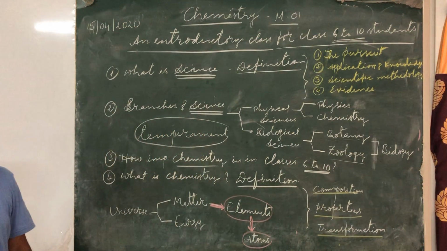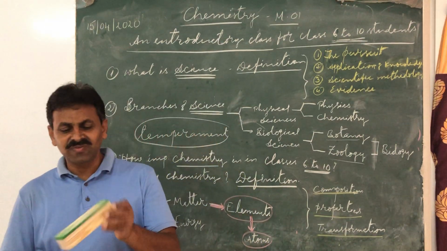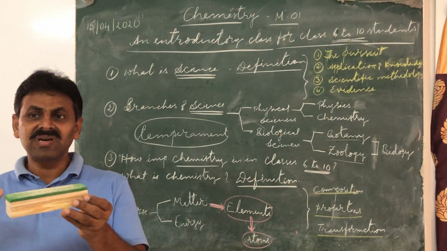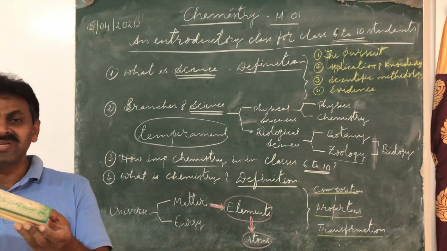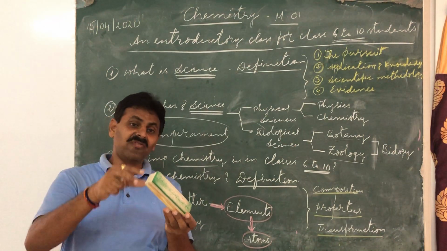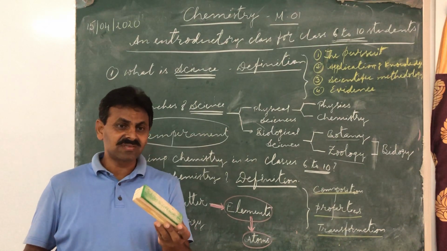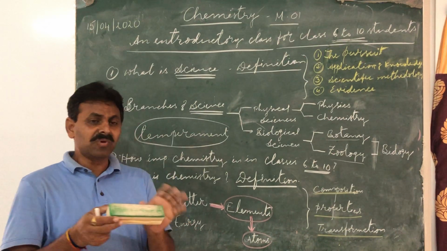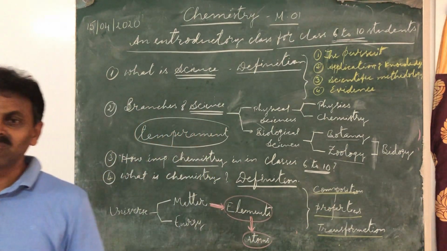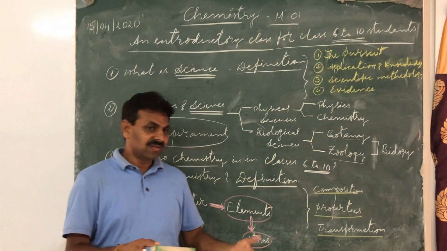Composition means, for example, what is this made of? What must be the structure of the substance? What must be the composition? That means, what must be the structure of the substance? What must be the chemical formula of the substance? What must be the weight of the substance? And so on. If you talk about all these things, that is nothing but composition. Structure, formula, name, and its other features as well.